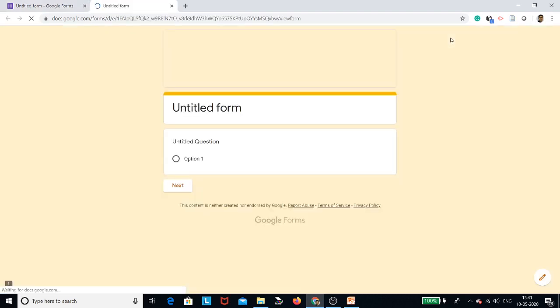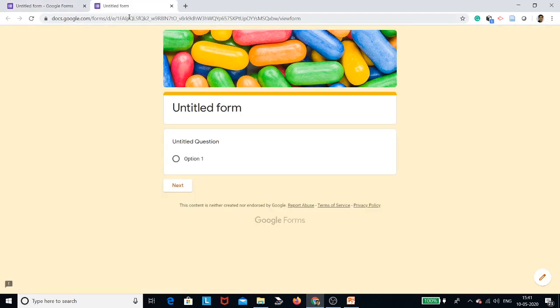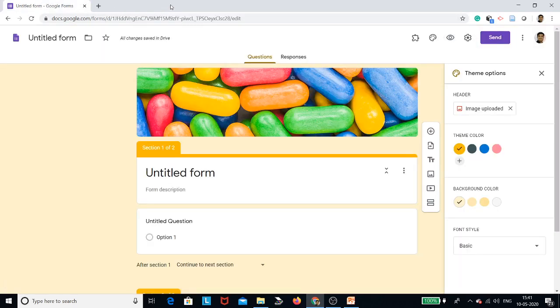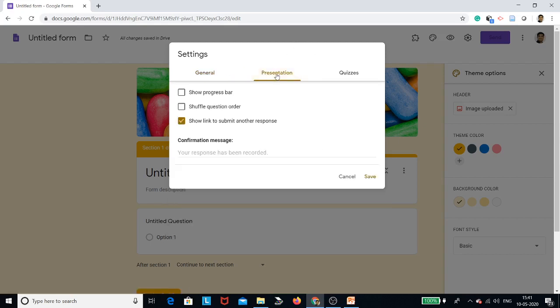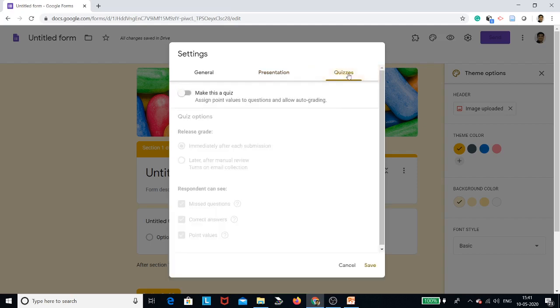Preview: you can preview your form in the next section, like this, the preview option, to see how the form looks to the respondent. Then the send option, that I already told you about. And then you can edit and submit; in presentation you can see show link to submit another response, shuffle questions, confirmation message, then quizzes, make this a quiz, correct answer.